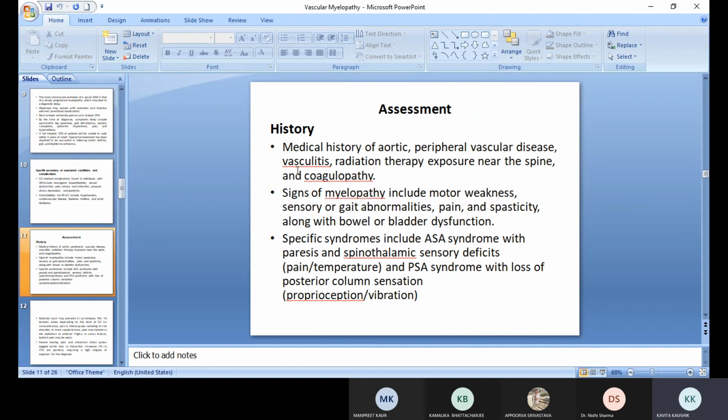Then specific syndromes include the anterior spinal artery syndrome with paresis and spinothalamic sensory deficit. If anterior spinal syndrome is there, then there are symptoms of the anterior and the lateral tract, which include the pain, temperature, and if